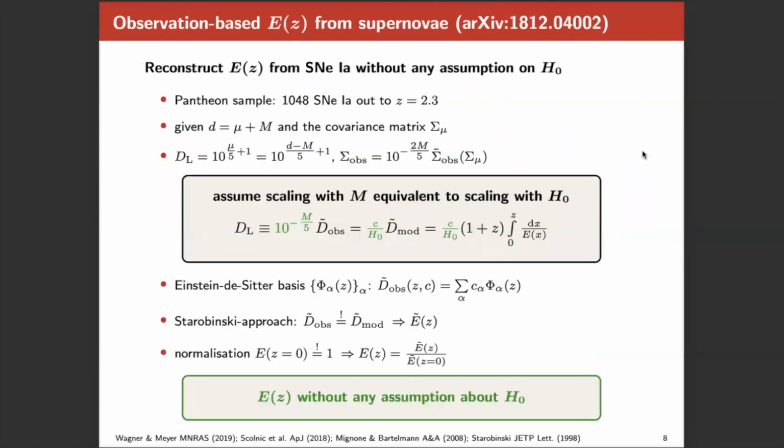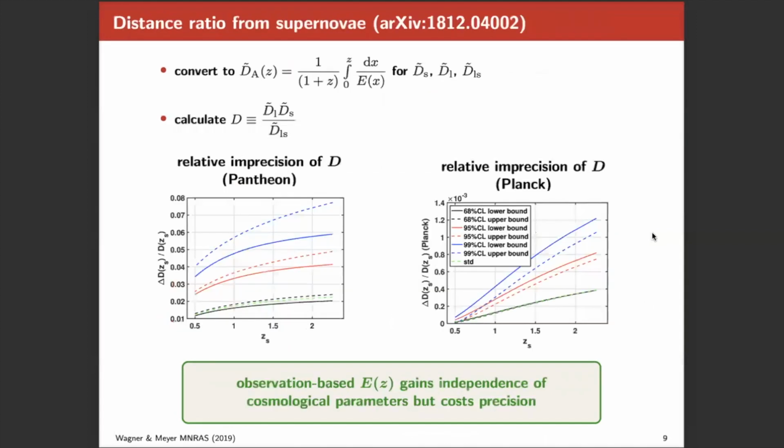And here I would just like to briefly mention that my colleague and I found a very clever way to sample the expansion function of the universe without making any assumption about H0, not even marginalizing over all possible values of H0, by using supernovae as additional complementary probes, and by assuming that the degree of freedom which is taken over in the model by H0 can be represented in the measurements by the absolute magnitude M of the supernovae. You can have a look at the details in the paper, but you can have a look at the evaluation graphs now.